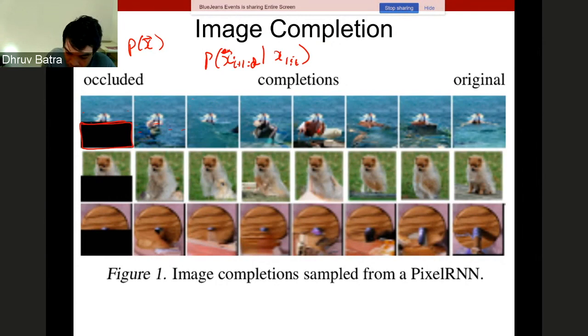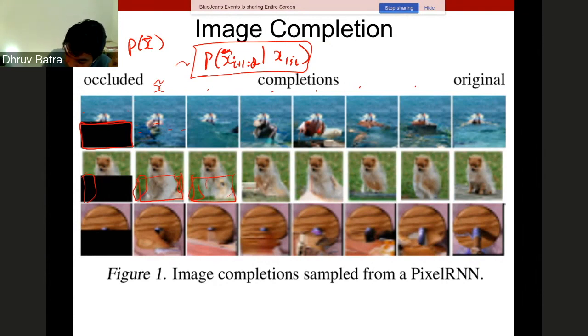And what we find is that, because this is a probabilistic model, we can sample from it and not just get a single completion. So this is one sample, this is another sample, and so on. We have 6 different samples that we're showing. And in a lot of cases, the model is filling in fairly plausible detail. The grass regions continue downwards into the occluded parts. The texture of this animal is maintained, and you get reasonable looking